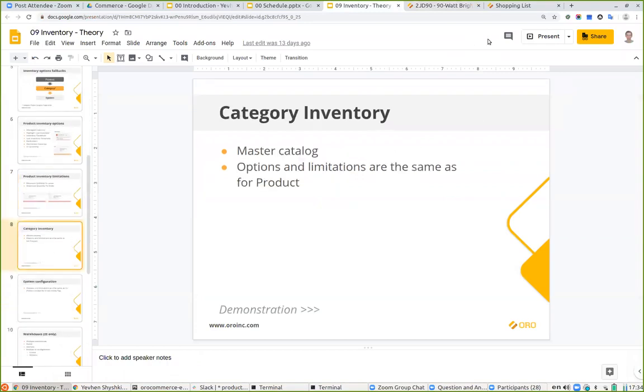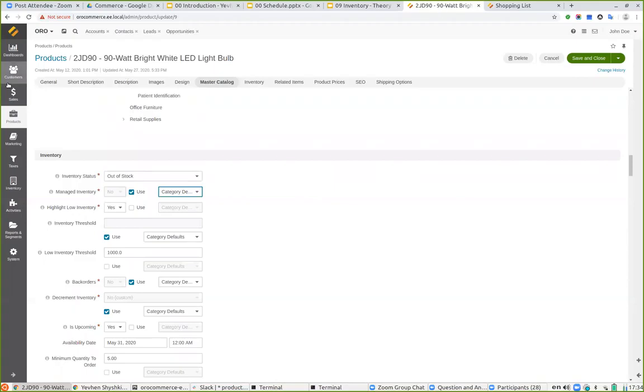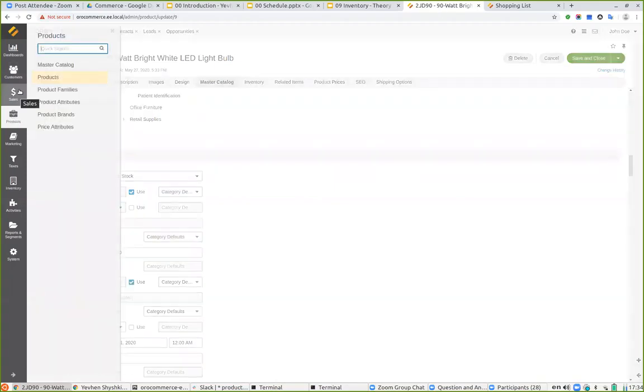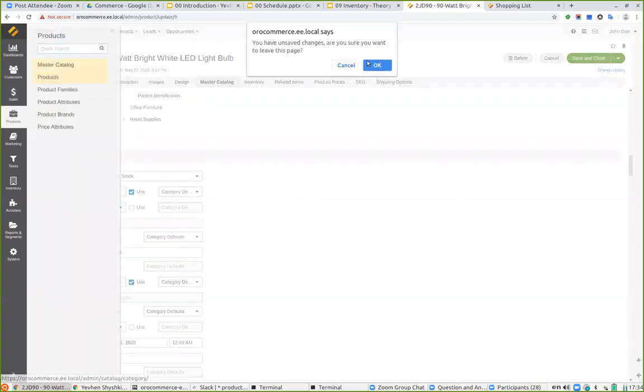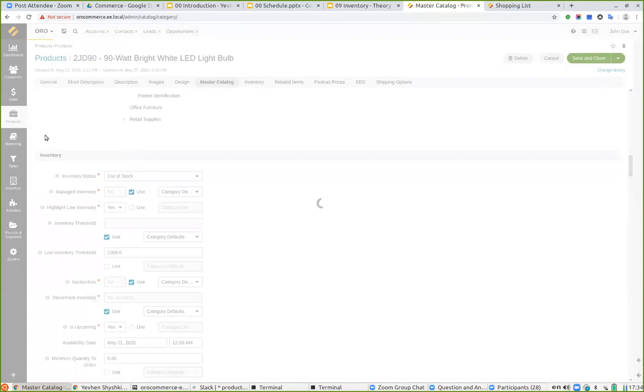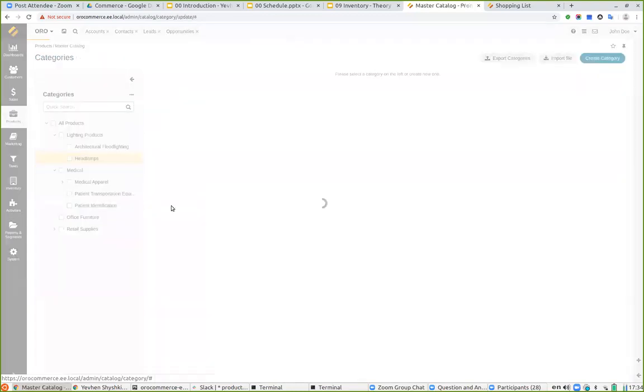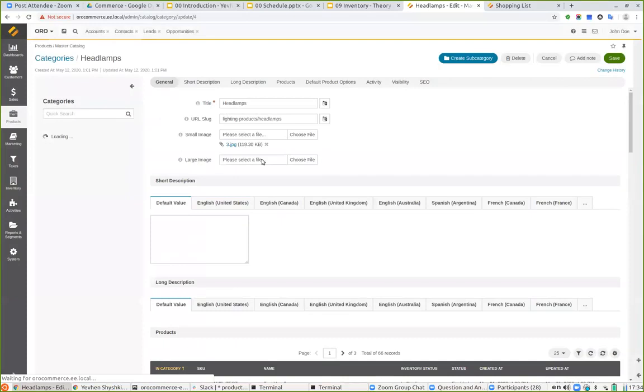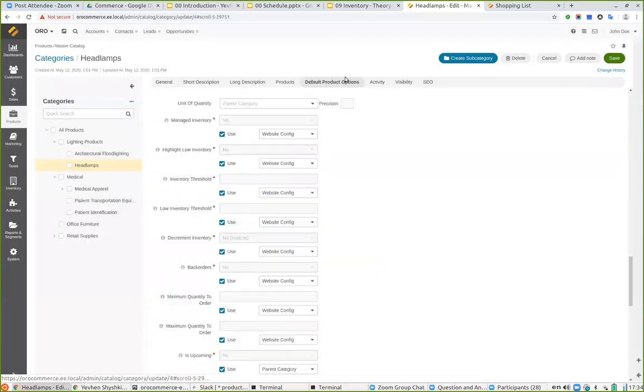So talking about the category inventory, we have seen this one on the product level. Let us check it at the category level in the master catalog. So here we have the master catalog, here we have some kind of category. And again, here we have the default product options section, which tells us first the unit of quantity, which we have seen already, but